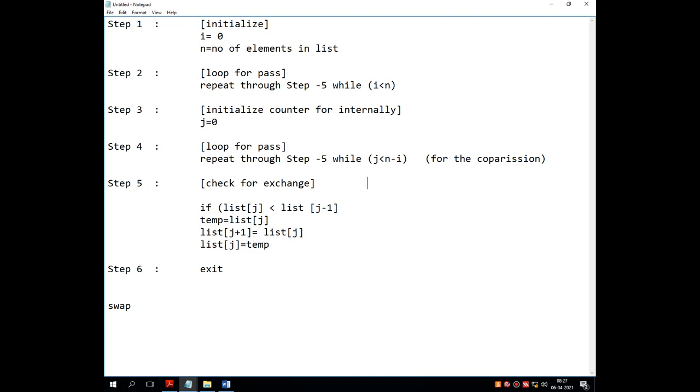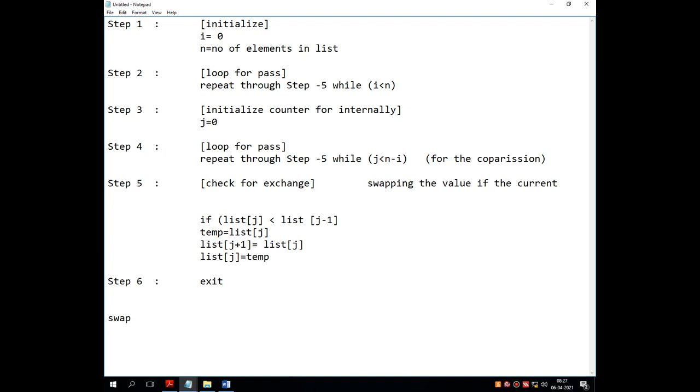This logic is called the logic of swapping the values, if the current value is smaller than the previous value. So in this way bubble sort works. And in step number 6, if everything is proper, you will see the sorted values on the screen.